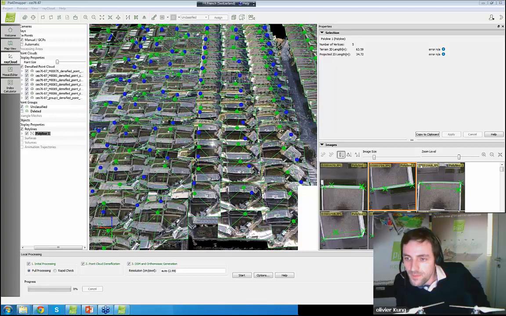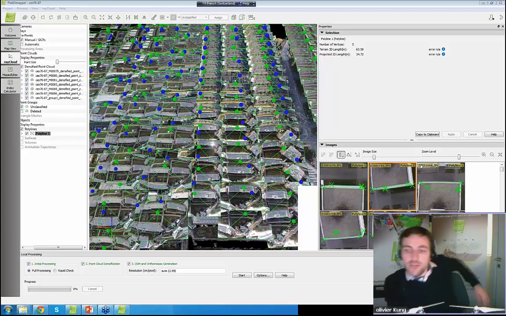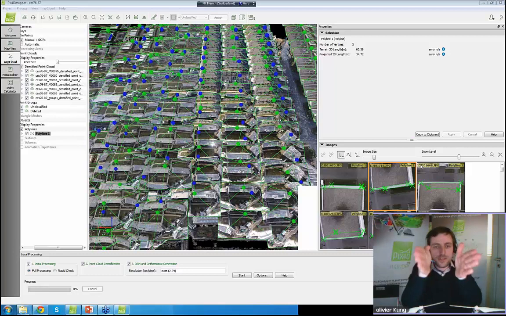For mapping applications, what is the advantage of Inspire 1 over Phantom 2 Vision? So the Inspire 1 has a slightly better camera than the Phantom Vision. As well, it doesn't have as much field of view, so the field of view is slightly smaller. That means that at the same altitude, you're going to have a bit more ground sampling distance,